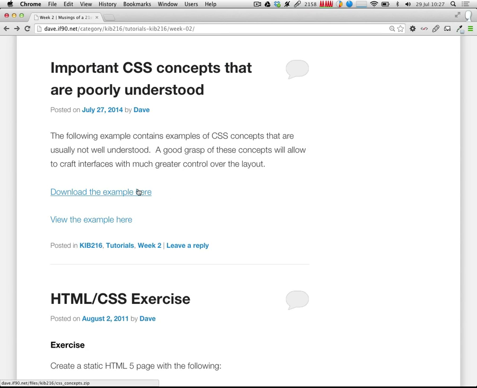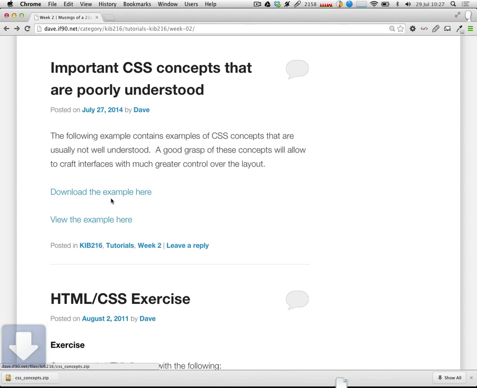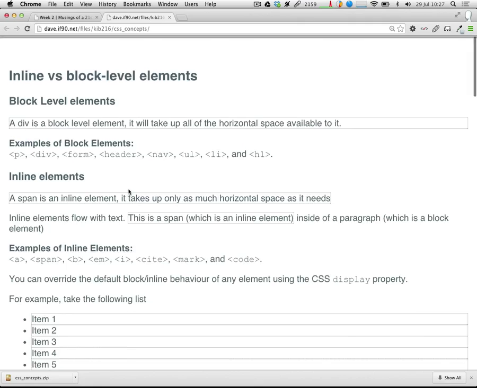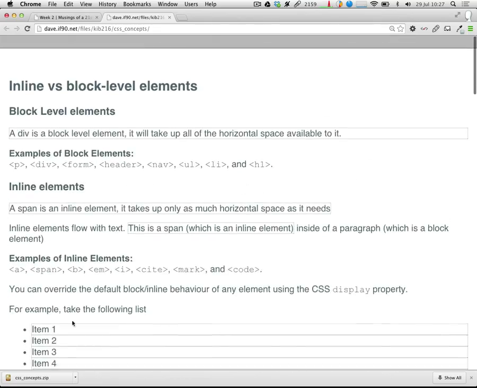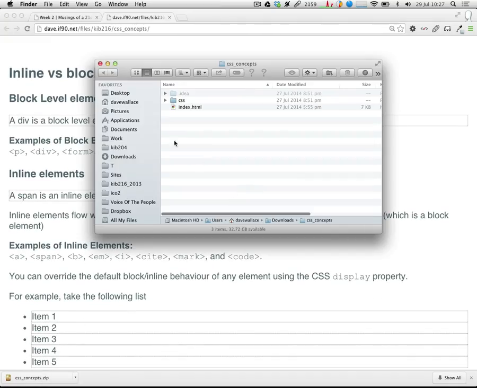So I've done this basically as an example HTML file, and you can download that from the link here. And you can also view the page with this link here, and it basically looks like this. So I'm just going to open up this folder here,